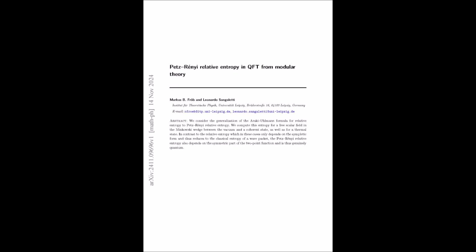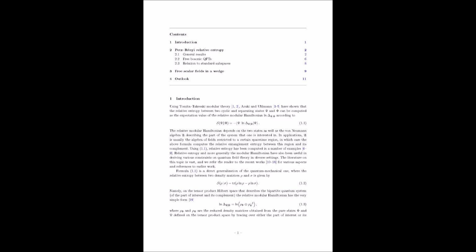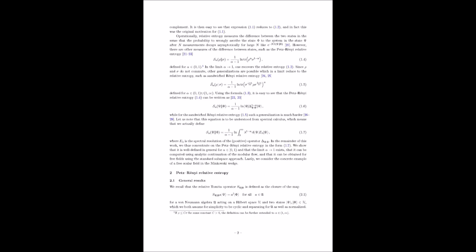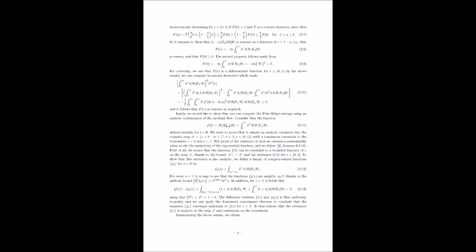Exactly. And the authors prove some important properties about this Rényi entropy of a vector. For instance, they show that it's always non-negative, just like other entropy measures, and that it increases monotonically with the parameter alpha. They also demonstrate that it reduces to the familiar entropy of a vector defined in previous work in the limit where alpha approaches 1. These properties ensure that this new entropy measure is well-behaved and fits nicely within the existing framework of quantum information theory. This discussion of standard subspaces has been incredibly insightful.